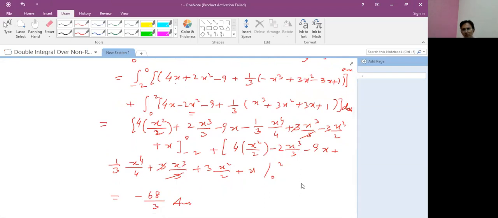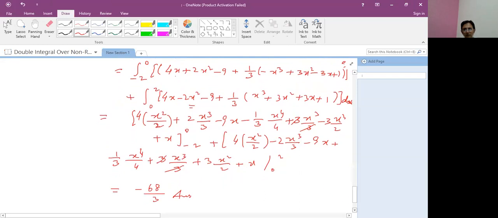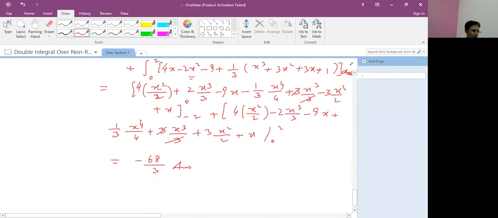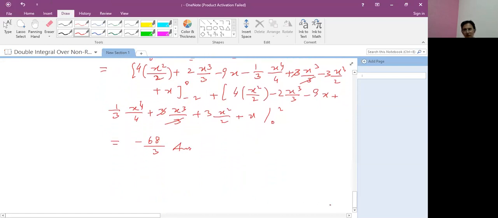So student, this application was solved by the type 1 region. Similarly, we consider the similar application, but now converted into a type 2 region, so that